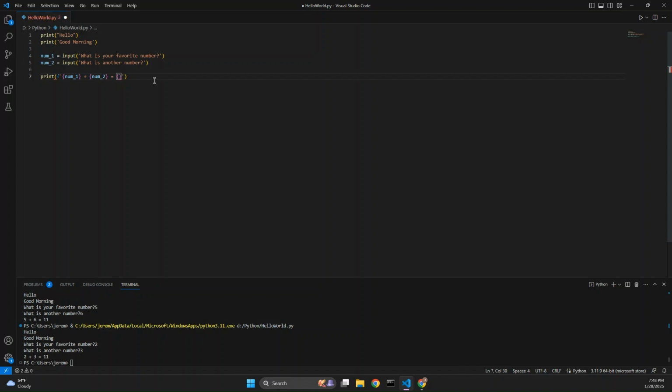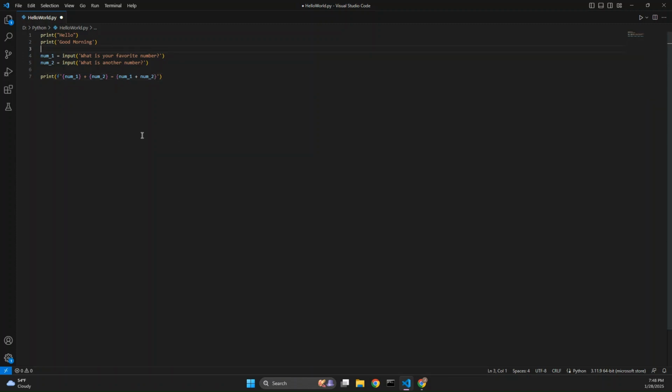I'm going to let Python do the math. Num underscore 1 plus num underscore 2. I'm going to rerun my code. So this print,